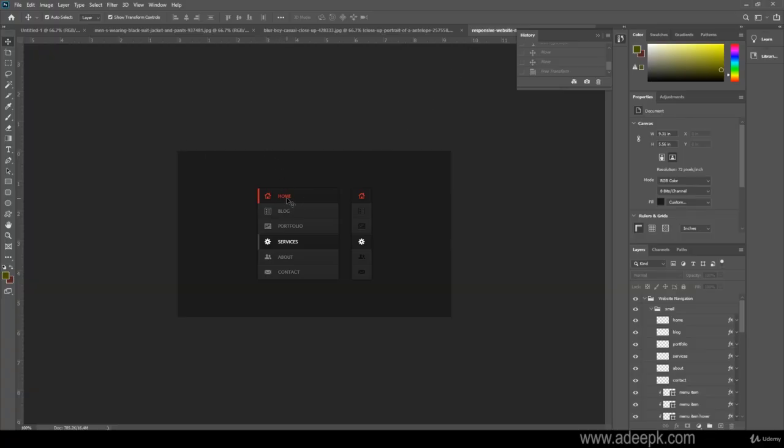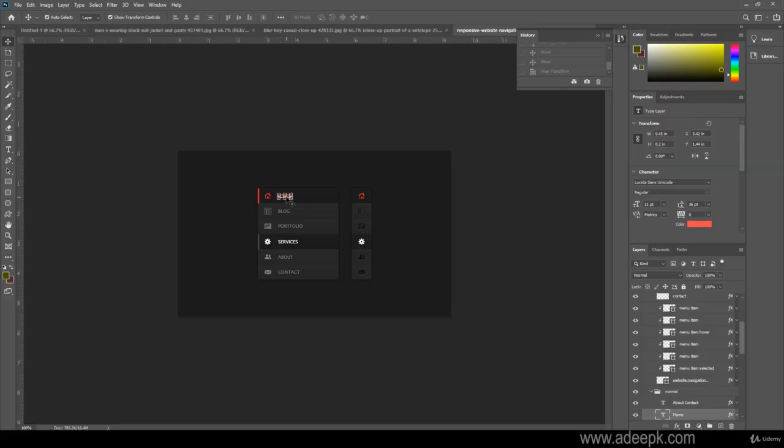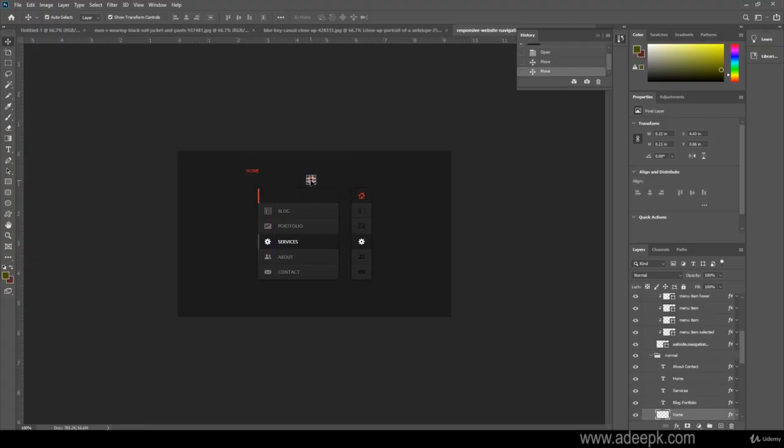You can use the Move tool to select this portion. You can move this around. To constrain it, you can hold the Shift button and then it will constrain to one plane. You can select this also, constrain it